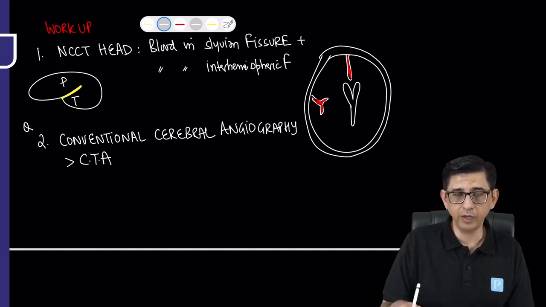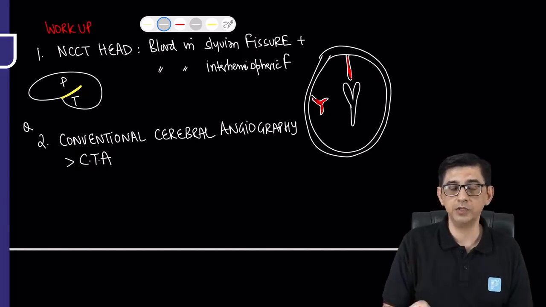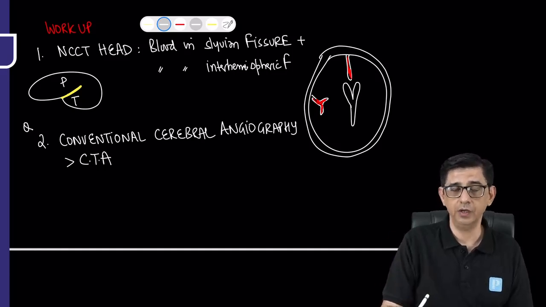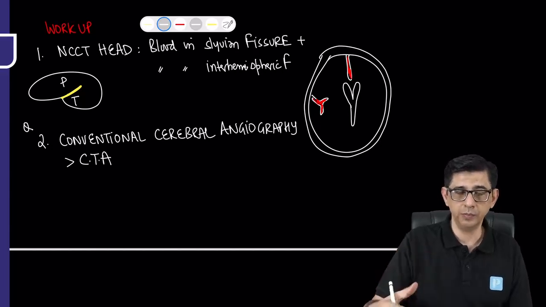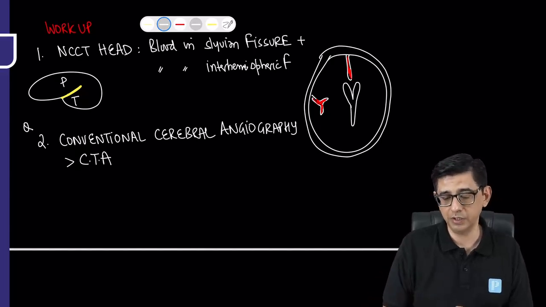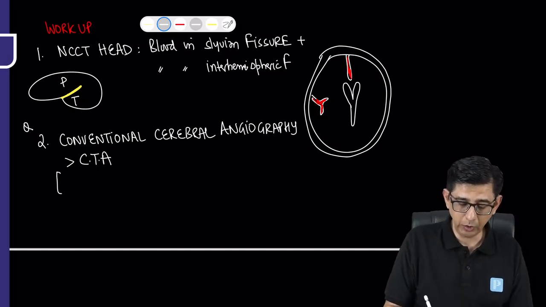Well, it's not for diagnosis. Diagnosis is already made. I'm not doing it for diagnostic purposes. I'm doing it for therapeutic purposes, because I can fix and minimize the chances of rebleeding by giving structural support to the berry that has burst, which is why I said the treatment of choice for this condition is endovascular coiling. There is one more reason that I would like to tell you why I am doing a cerebral angiography